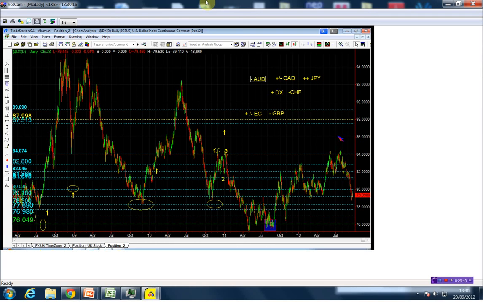If you want, I think maybe also the Aussie CAD would be in play. So the pairs we're going to look at going long the yen across the board. We're going to go long the Euro Aussie, the Euro yen, maybe the Euro pound. We can look at the CAD yen, and we can go long the dollar Swiss. These are the general biases of the indices for the coming week. Okay, so let me save this, and while I'm saving it, if anybody has any questions,